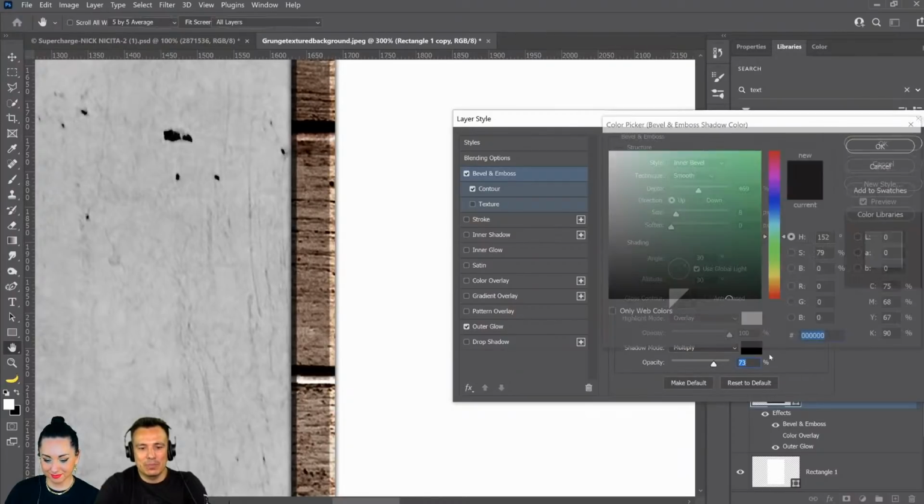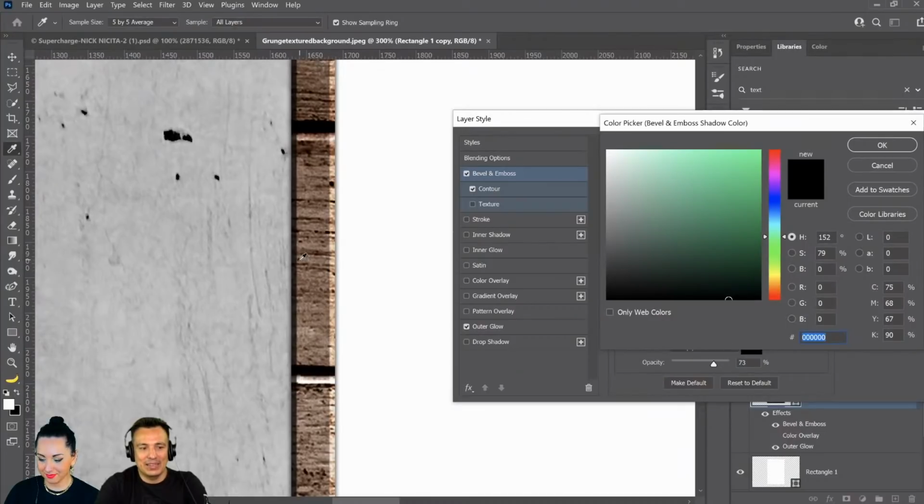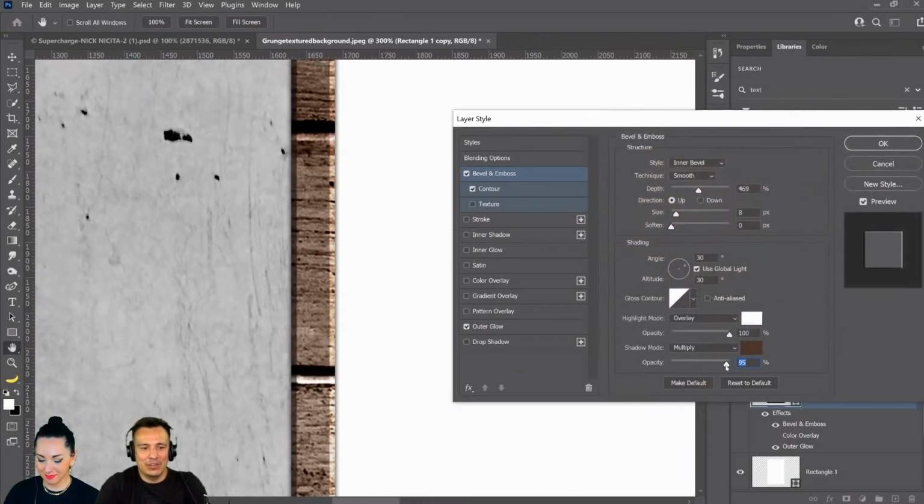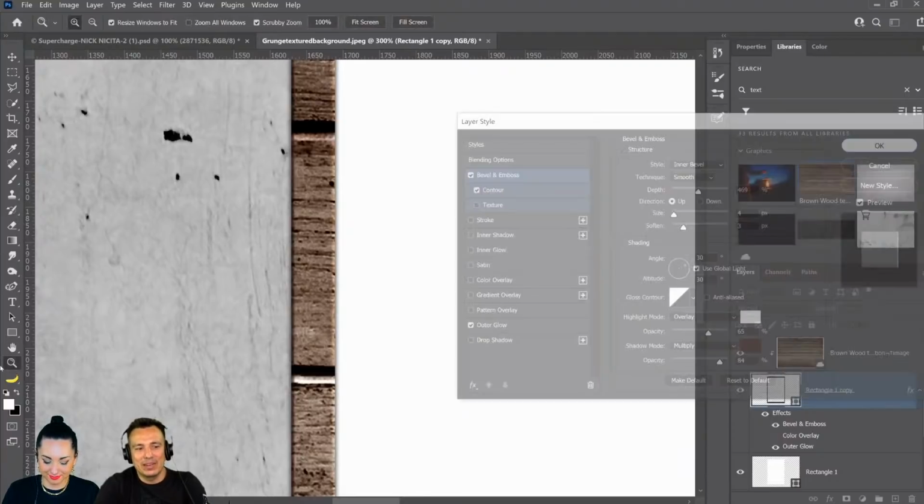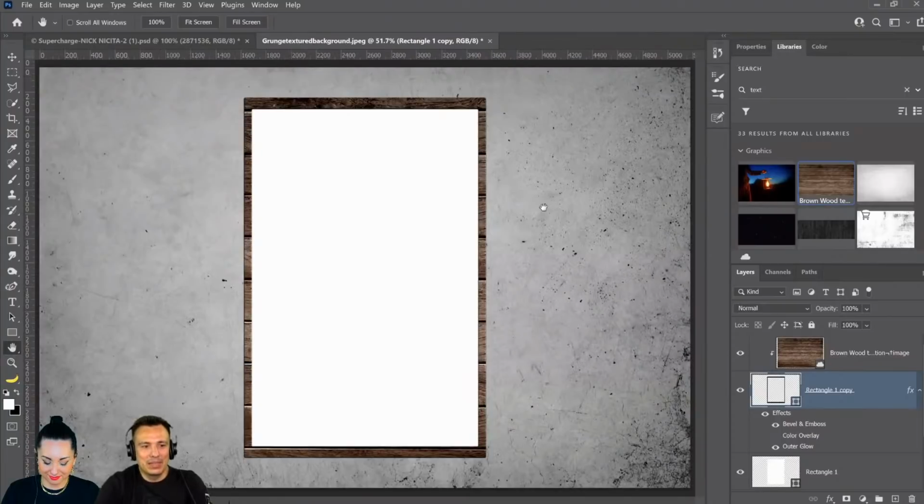I usually don't like using pure black as my shadow, so I'll select the color that's found in the actual image and then use that, and then maybe increase the opacity so it's a really dark version of that. Also, I don't like that sharp edge, so I will soften it a bit and maybe reduce the size to something that works. Overlay might be a little too strong in that case, but you get the idea. You can play with it and get the results that you want.